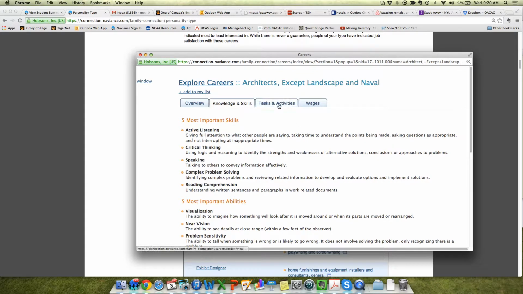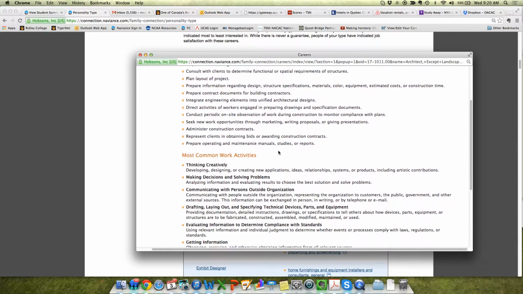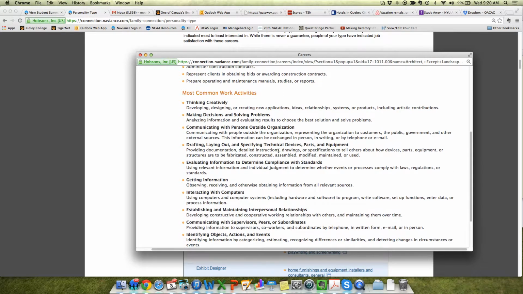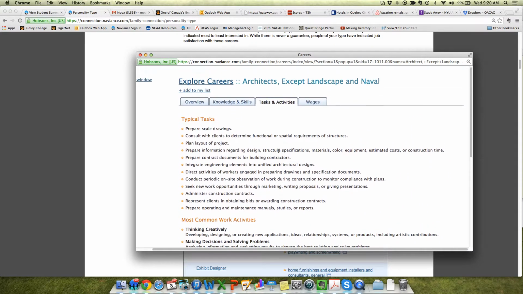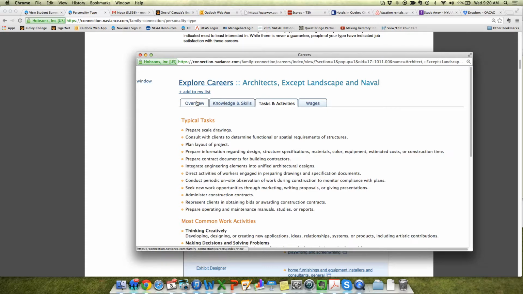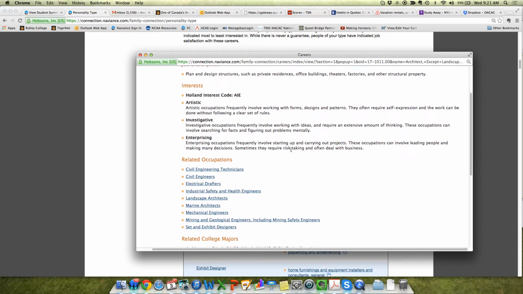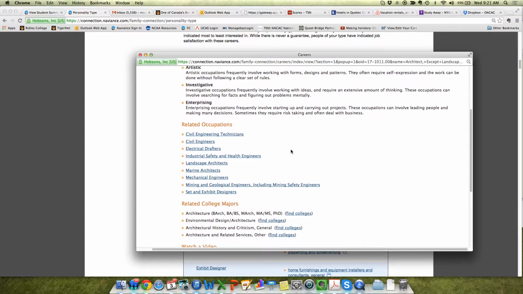Okay. Tasks and activities also will look at the sort of things they do in this career, and this might guide a student when you talk about co-curricular activities or summer camps or jobs or anything outside the classroom that would help them build skills and or get them a sense of the sort of things that they would do in this particular career. The idea is not for them to necessarily pick a specific career, but to get an idea of what they might be interested in. And they may look at 3 or 4, and we would encourage them to do that, to see the sort of skills that they need and sort of courses they need to prepare for several areas.